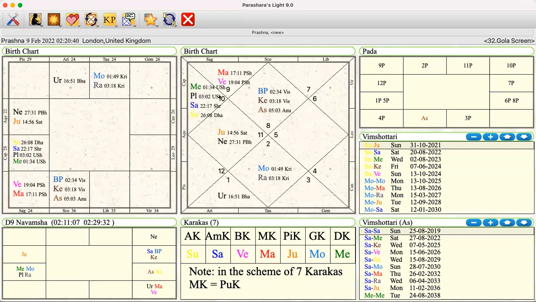Sorry, I meant to say also it's a feminine sign as well. It's not a masculine sign. Okay, so